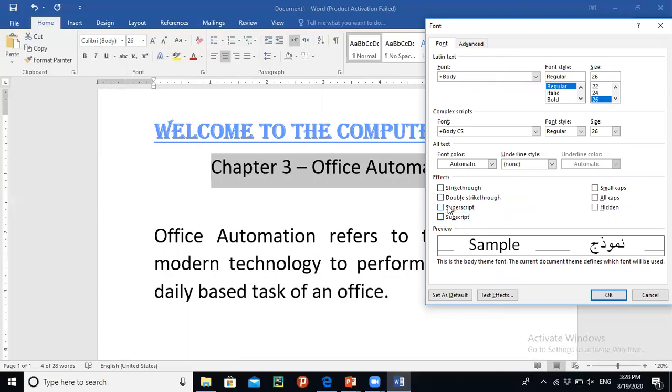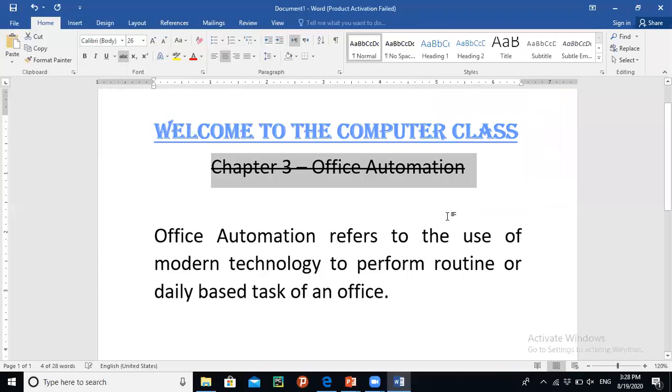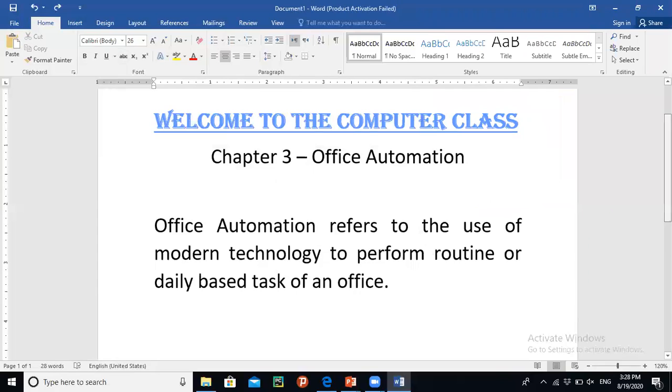I will demonstrate these options in some mathematical data. Small caps means all the letters will appear in small size, small font. Okay, let's do strike through just to show you. Now you can see the line appearing in the middle of the text. You can select anything according to your requirement.